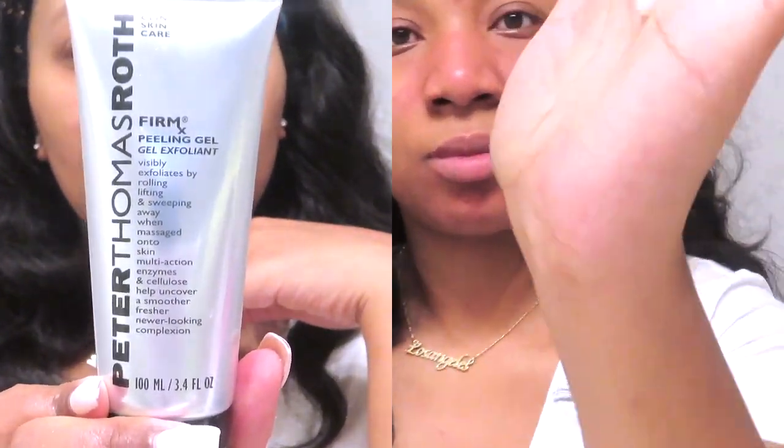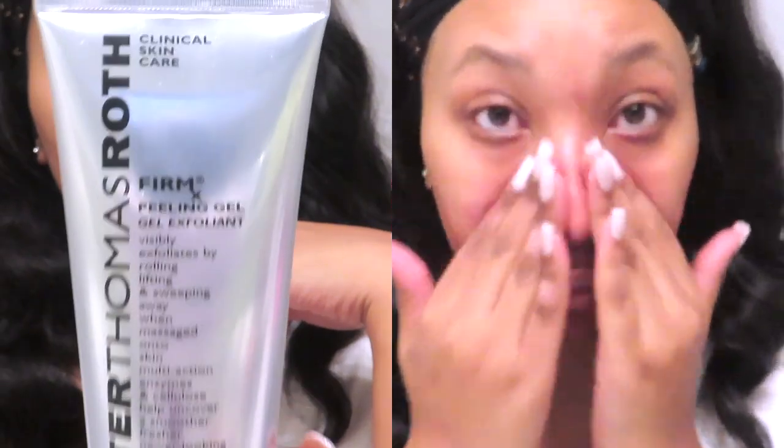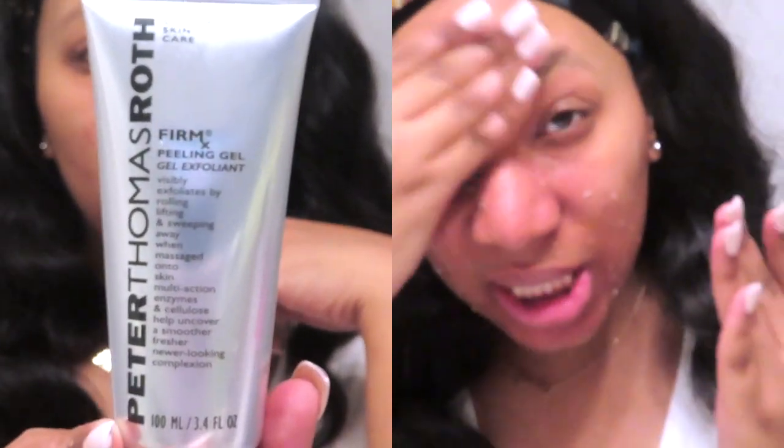Now, the next step I like to use is this exfoliant by Peter Thomas Roth. This is the Firm X Peeling Gel. I really love to use this. I've seen it help a huge improvement in my hyperpigmentation on my skin. So I love using this at least 3 to 4 times a week on my skin just to really lift